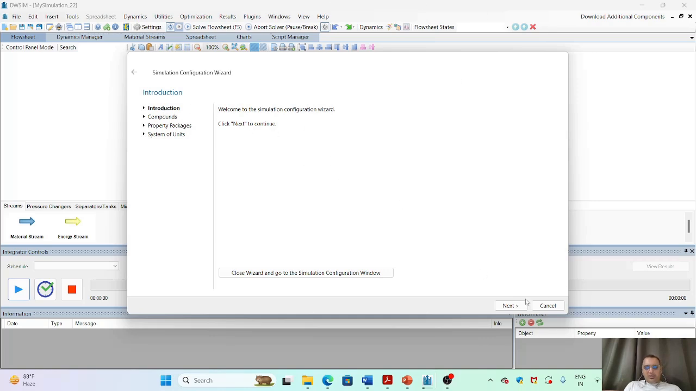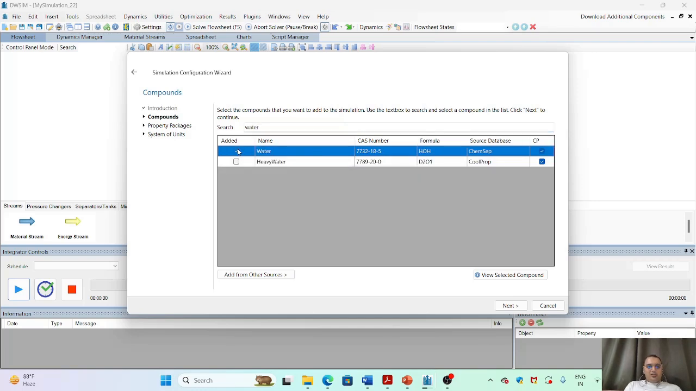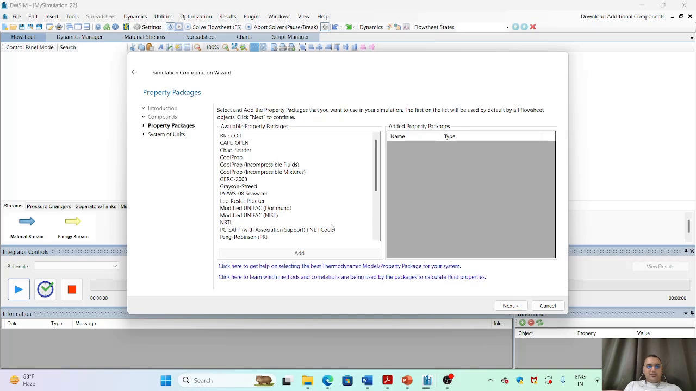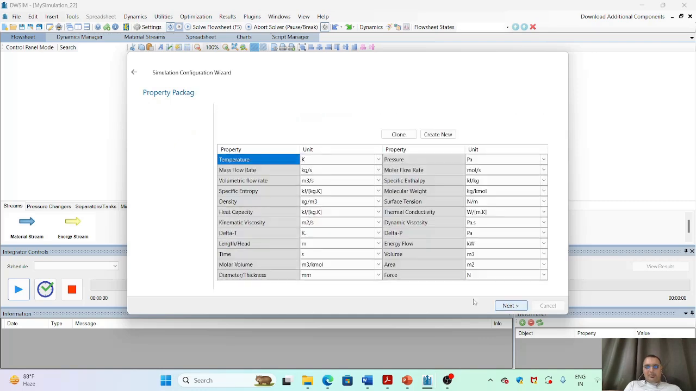So introduction, just press next. As we are dealing with water, I will select water as our working compound. Just don't forget to select this using this tick mark. Once you select, press next. Now you have to select a property package. Since it is a water based calculation we will be doing, I am selecting steam table. Remember to double click on this so that it gets selected, and you can see this in the window on the right side. Then press next,